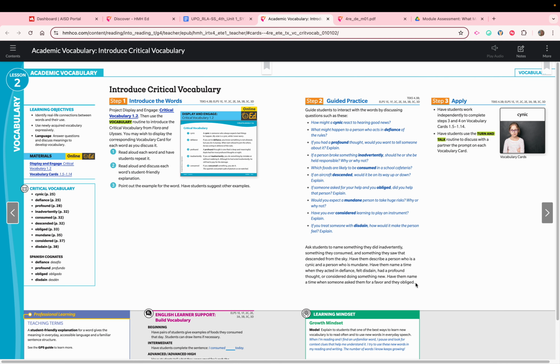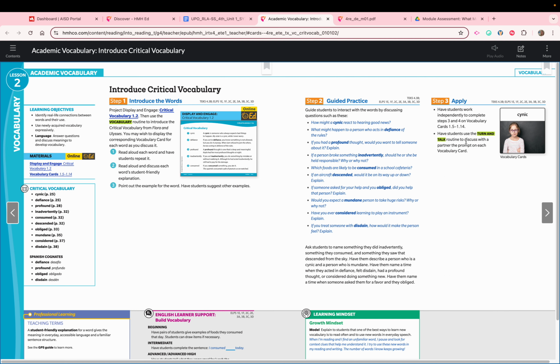Here's another part I can see right here. This asks students to name something. That was exactly the formative assessment we suggested in the UPO. There's also an application. Have students work independently to complete steps 3 and 4 on the vocabulary cards. Have students use the